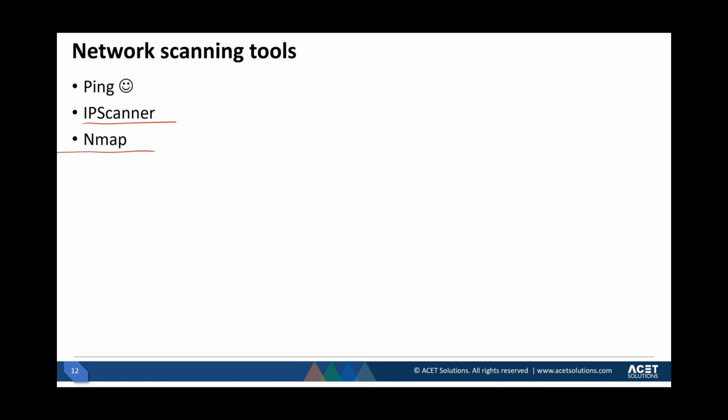Nmap is considered probably the de facto tool. In most cases, people use it to do the scanning. And there are some other vulnerability scanning tools. There are lots of them. You can Google them, Nessus, or even some intrusion detection systems like Nozomi also have active scanning. They used to call it smart polling, but basically they also do active scanning to get information from the network.